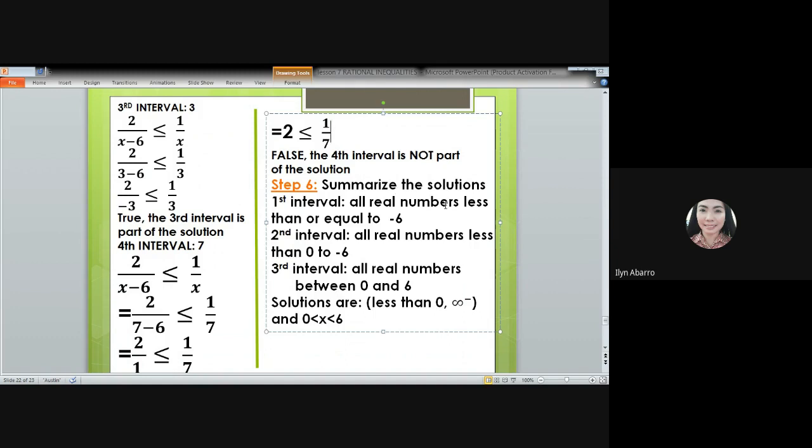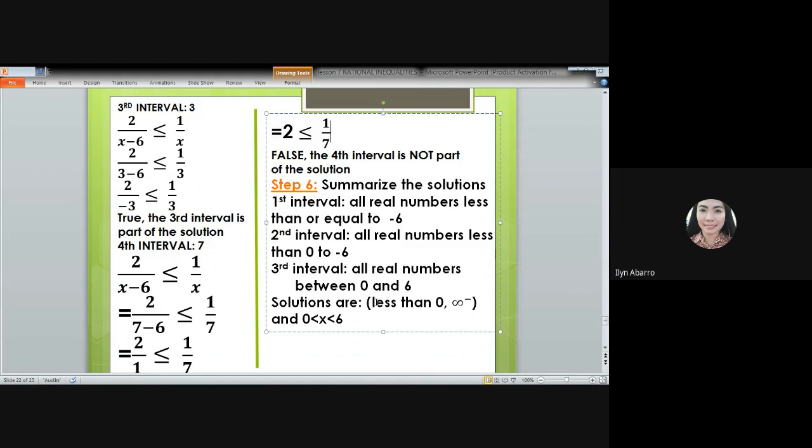Okay, let's summarize the solution. Our solutions are the first interval, second interval, and the third interval. First interval, all real numbers less than or equal to negative 6. Okay. And then the second interval, all real numbers from negative 6 to 0. And the third interval, all real numbers between 0 and 6. So as you can see here, our solution is in 3 areas. So our answer is